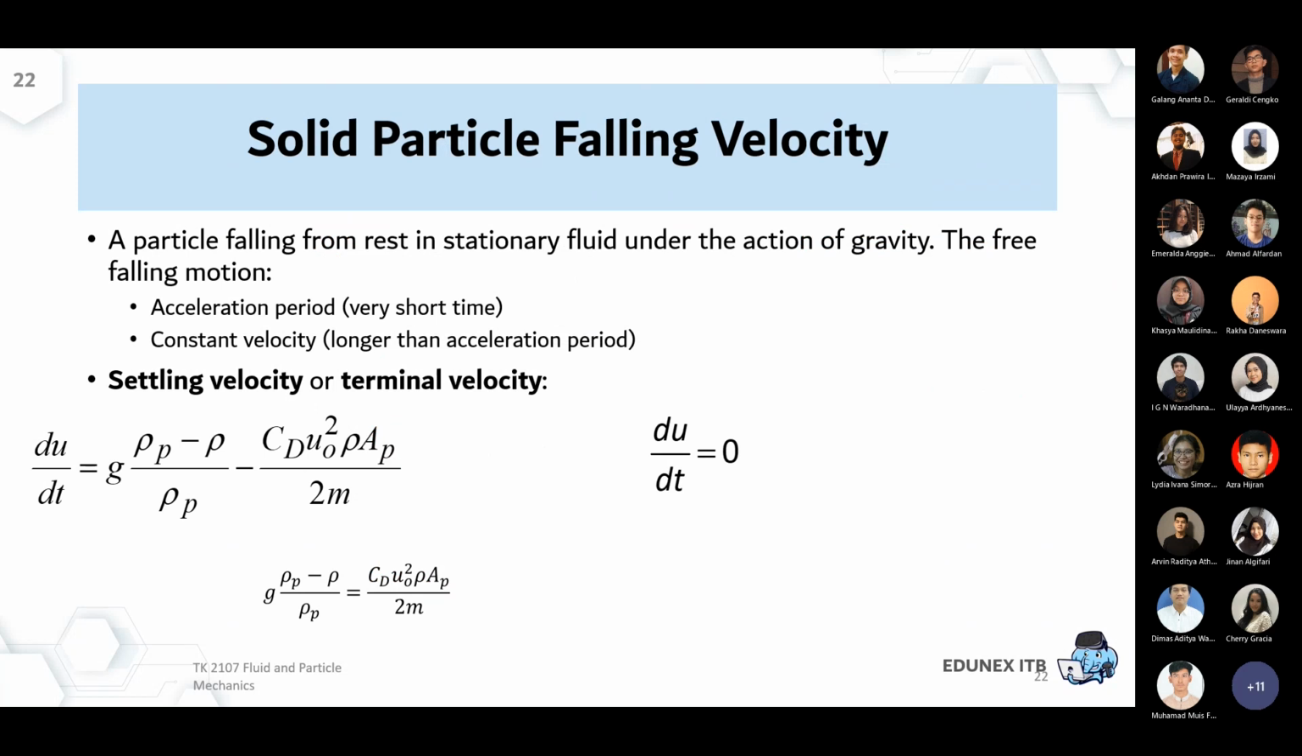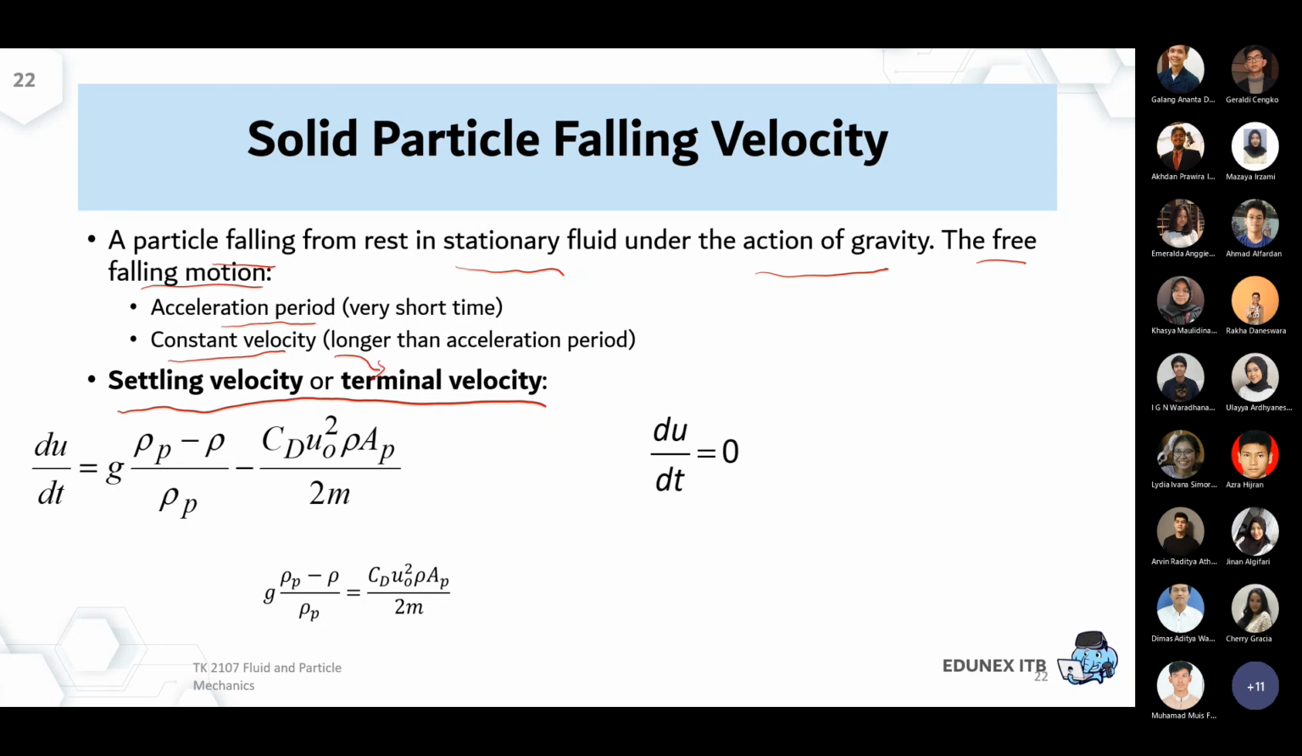Now we can move forward into the calculation of settling velocity or the terminal velocity. So this should be like the maximum velocity that will happen during this free fall condition. A particle falls from rest in stationary fluid under the action of gravity, and then in the free falling motion, there will be some acceleration, the du per dt that we just talked about, but at a certain point, there will be a constant or maximum velocity that we can find in the system,